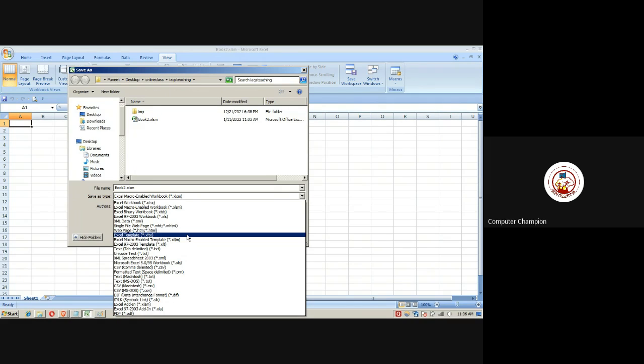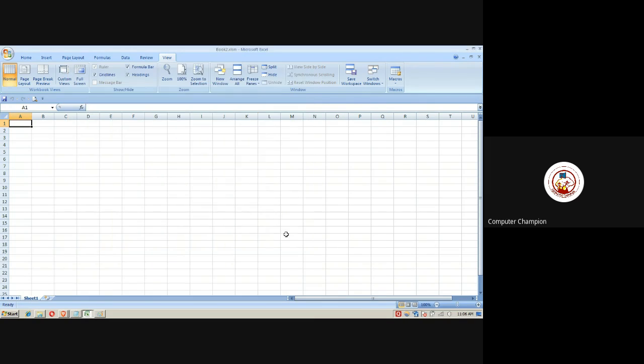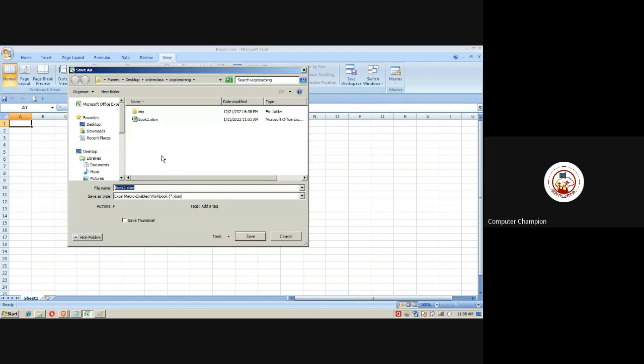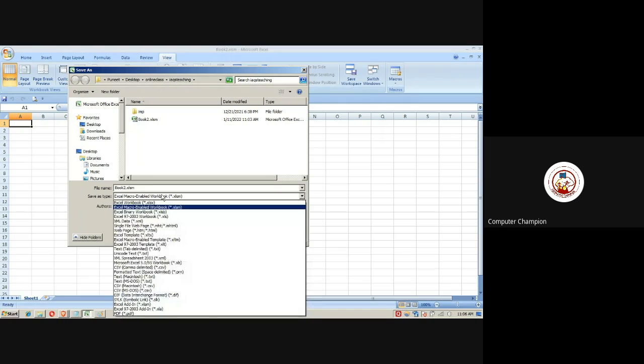That one particular form is a template for all of us. So am I clear on the save part? Anyone has a query how to save the Excel file with the macro? No, sir. File, save as, XLSM.